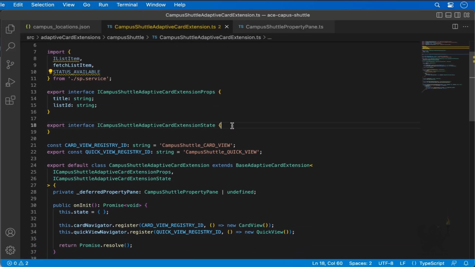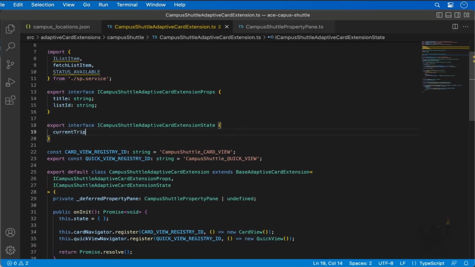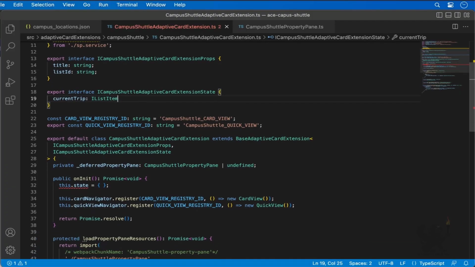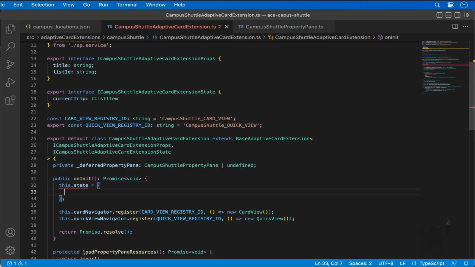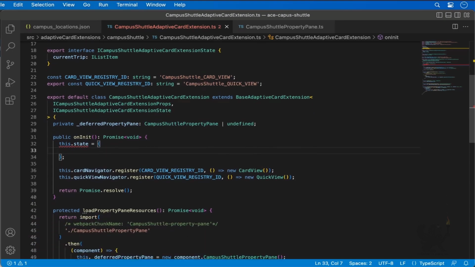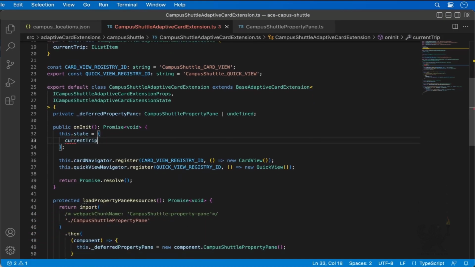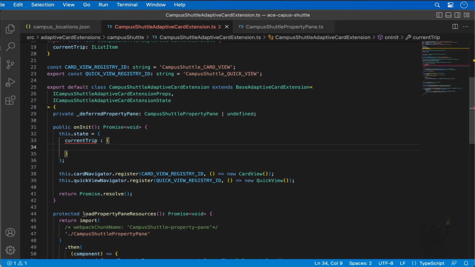And then I also want to set the state to a current trip, which will be an iList item that we will pass in. Now, once we've set our state, we then need to be able to initialize the state. So I'm going to do that by coming over here and setting the initial state for the component when it loads. Before it's fetched any data from the SharePoint list, I'm going to set the current trip equal to